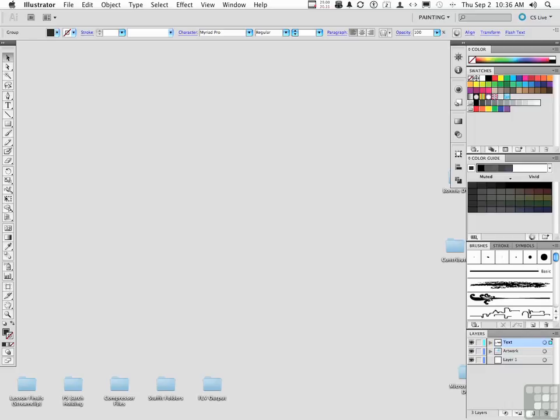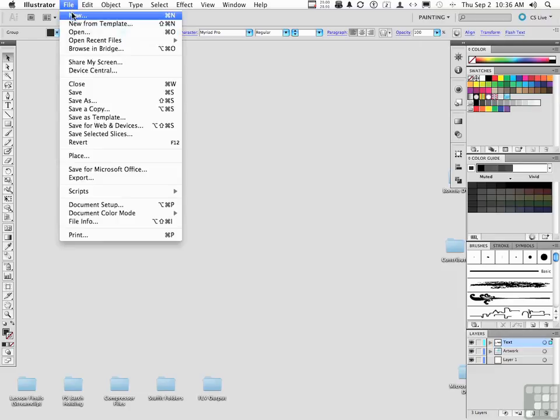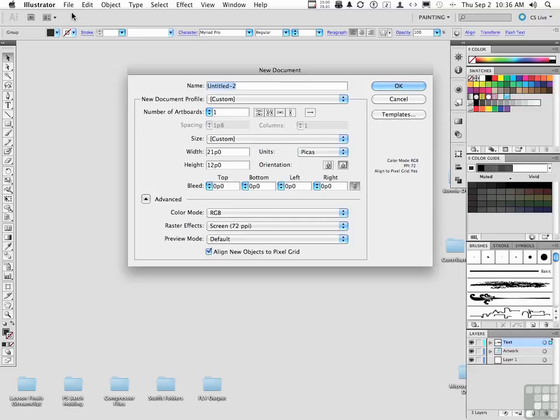In this final lesson, let's examine some things that deal a lot with output to print. For example, you might do, and this would be a lot for 4-color press, things like bleeds. Let's start with a new document. Let's go File, New. In File, New, we're setting up a document that's going to go into production for, say,